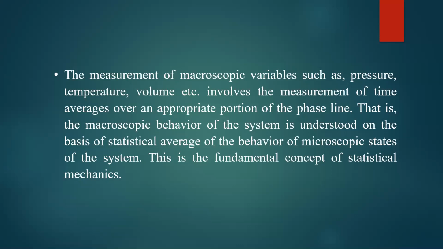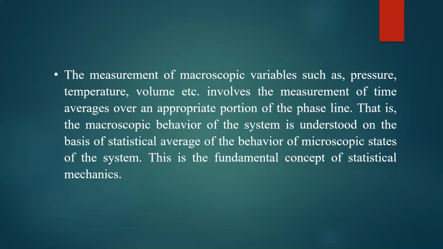Suppose you want to find the position of the system. You have to take the average position of the system because it is a dynamic system. It continuously moves. What is the average position of the system? Taking a spring oscillator, the mean position is the average position. What is the average momentum? Remember, momentum is conserved there. So the average momentum is 0. That is how you can take a time average of the phase line